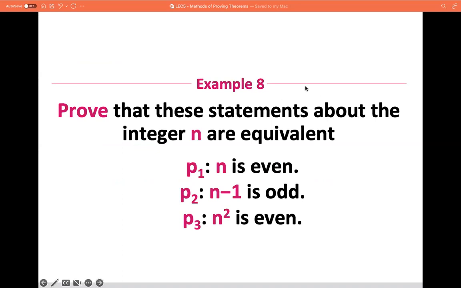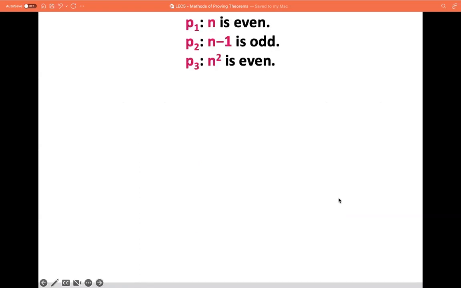So to show you what it means, let us try to prove the equivalence of these three propositions. P sub 1: n is even. P sub 2: n minus 1 is odd. P sub 3: n squared is even. So we can prove that first by proving the